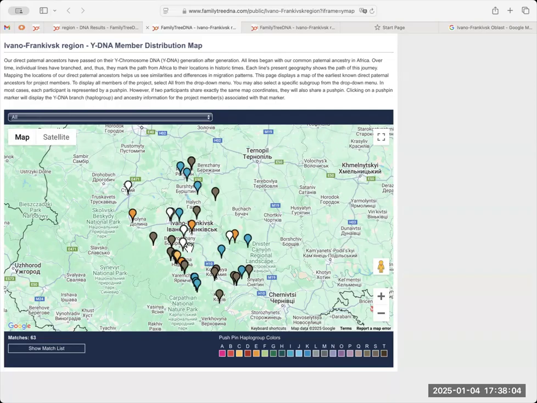This time I wanted to share information with you regarding how to set the location for your direct maternal or paternal ancestors, earliest known ancestors. First of all, it's about the map, which is built based on the results from